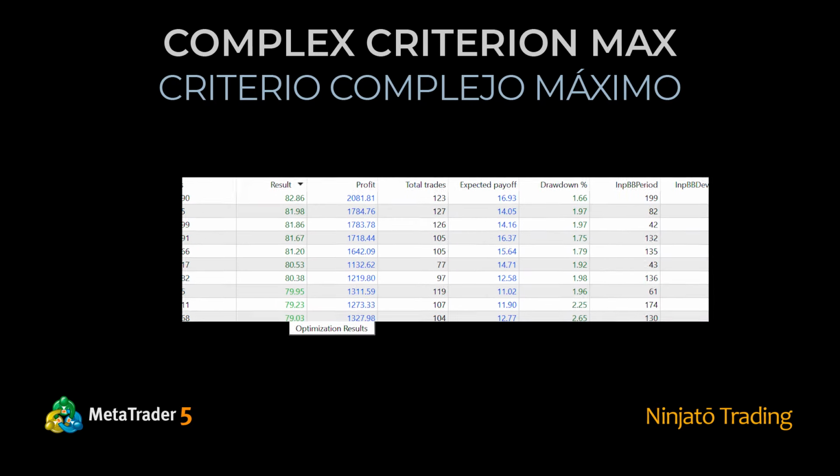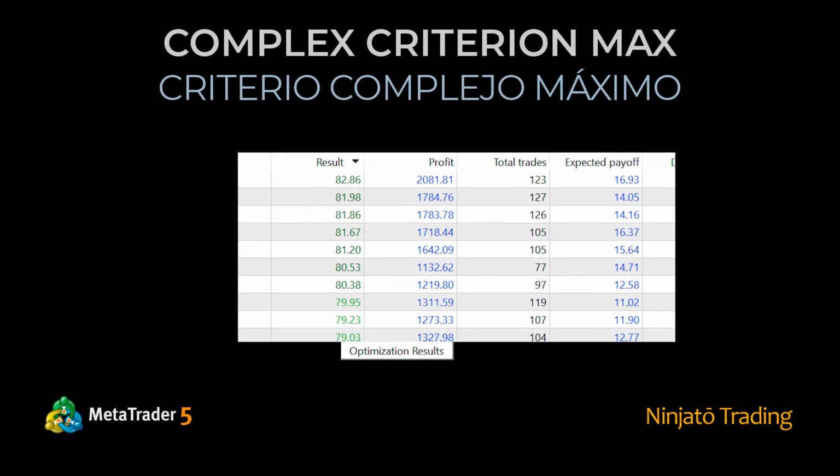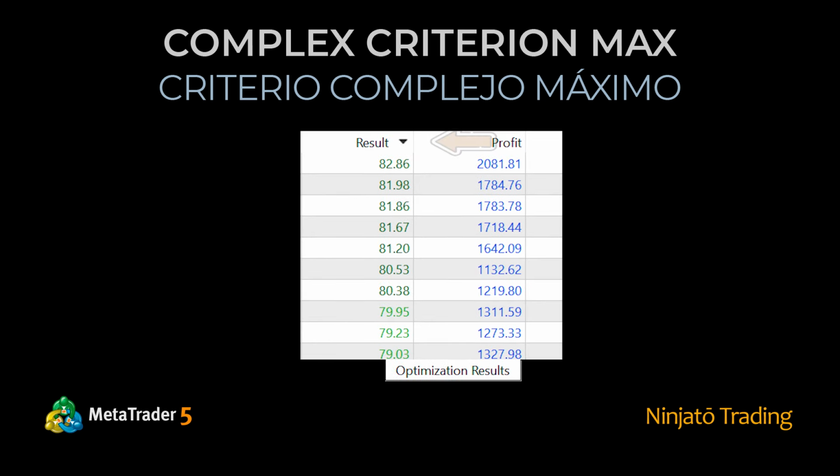There's something interesting about how it returns the result, something related to the previous criteria. They are placed in the result column, and their values are limited between 0 and 100. They are colored according to the strength or weakness level of each parameter combination. Acceptable values are in green, and insufficient ones are in red. Additionally, the closer it is to the maximum, the darker the green, and the closer it is to the minimum, the redder it is. These colors serve more than just guiding us in the analysis.